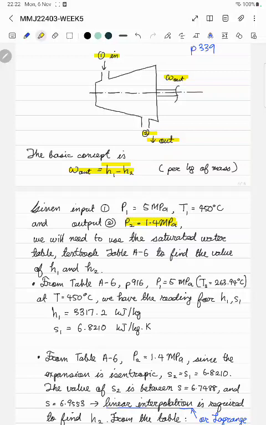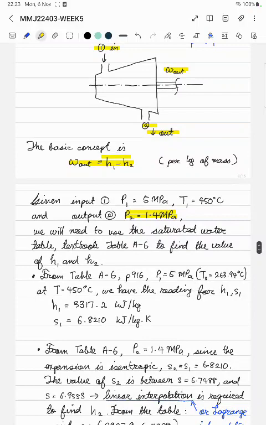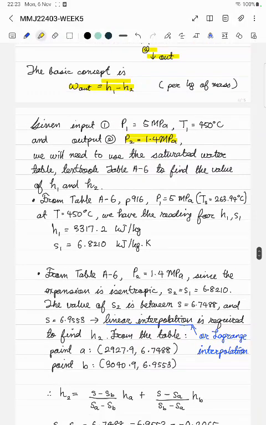And here we will need to use the saturated water table, which in our textbook should be table A6, to find the values of H1 and H2. Again, as a reminder, we are trying to find H1 and H2, the enthalpy of the steam entering the turbine and the enthalpy of the steam exiting the turbine. So from table A6 that is on page 916,